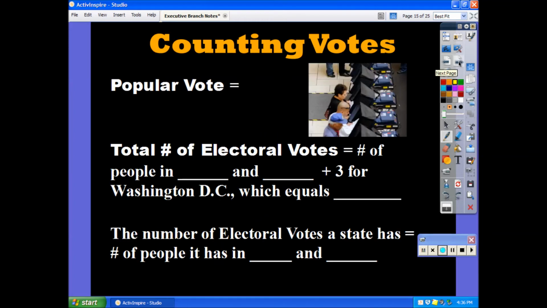Now, when we count votes, what's important to realize is that counting votes happens in a very precise way. States are able to make some decisions about any changes they might make when they hold their elections, because elections happen in states. They don't happen in the country. Each state is responsible for counting the votes in its state and reporting that to the Congress for the purposes of deciding who's president.